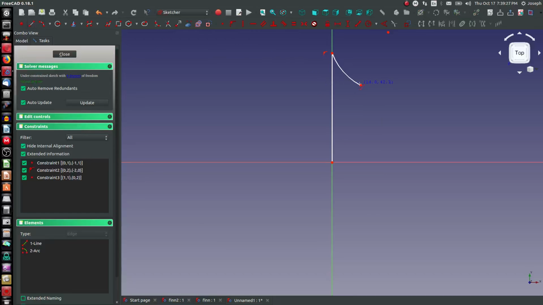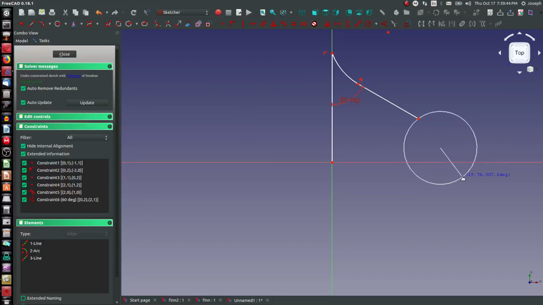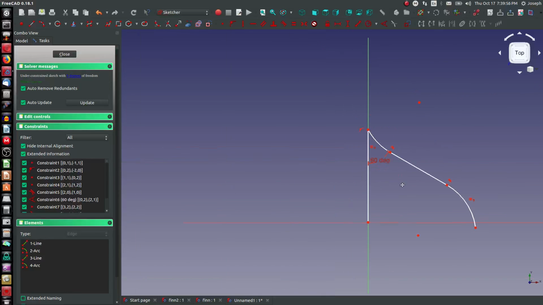And create a line. Use the T key to establish a tangent relation, the A key for an angle, make that 60 degrees, but I typed 30, 60 degrees, and I'm going to come out here, again T for tangent. I'll make these equal, E for equal. Might as well Shift R, and you can make this whatever size you want because you can always scale it with Reynolds number. So I'll go with a value of say 0.75,